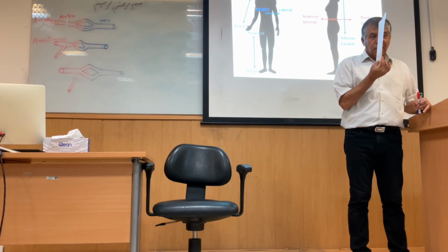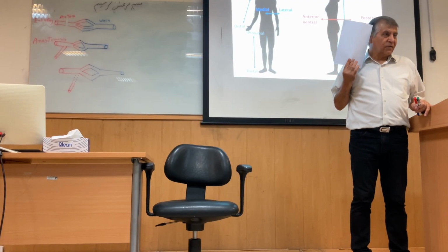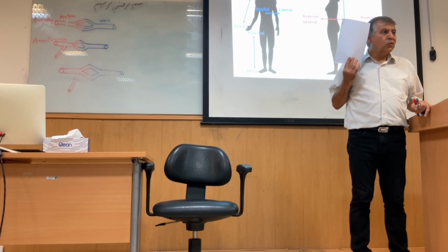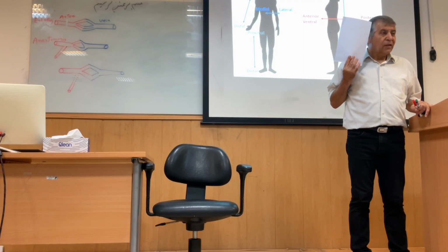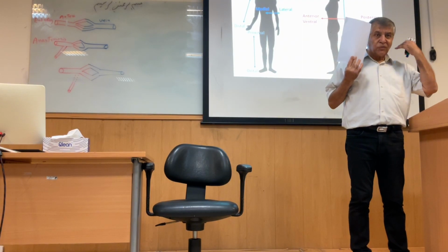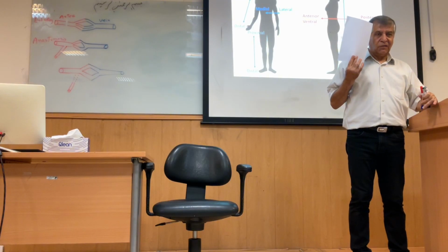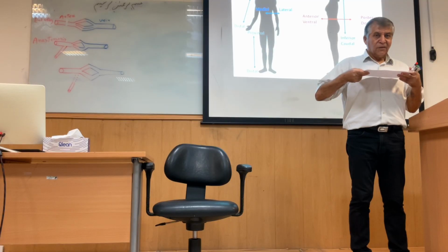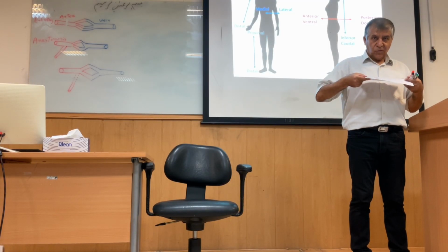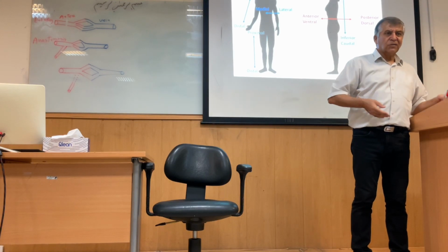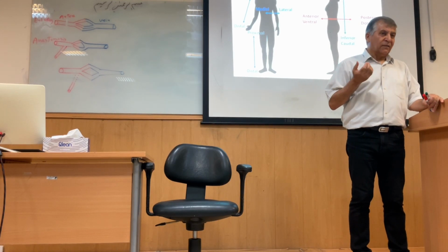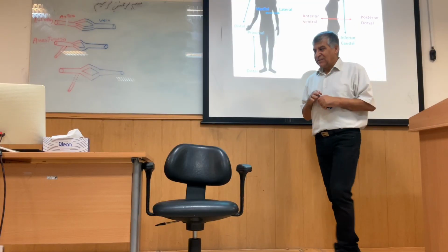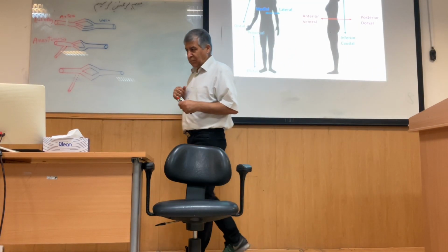Okay? This plane is called coronal plane. It divides my body into ventral and dorsal, anterior and posterior halves. This plane is called horizontal. It divides my body into upper and lower parts. Okay? What is the function of this plane? This plane has two functions for me. One,